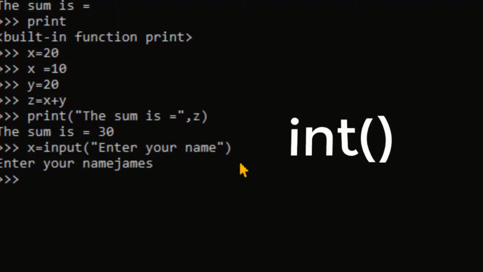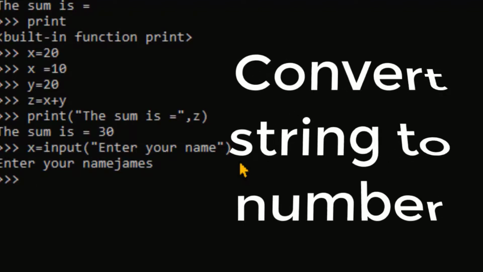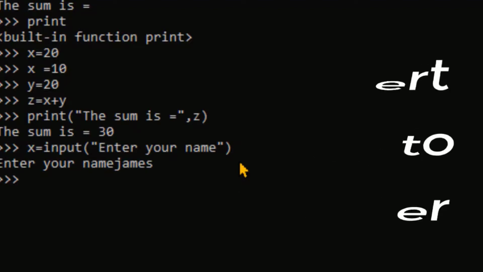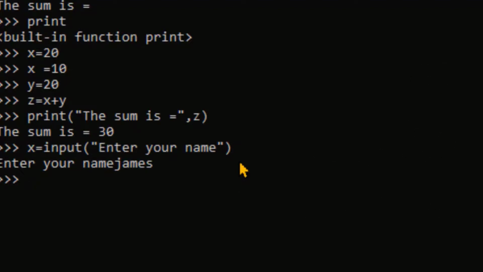This int function will convert the string to a number and save the number to the variable on the left hand side. So the coding for it is x equal to int, open bracket, input, again we have to open a bracket for the input function, and double quotes, enter the first number, and I close the double quotes, and I close the first bracket and the second bracket.